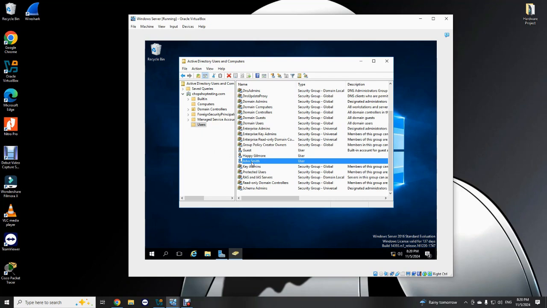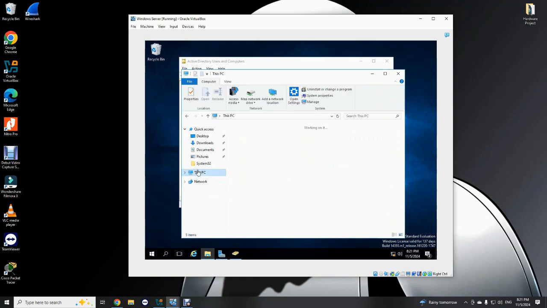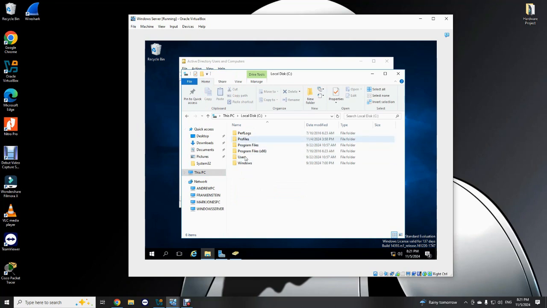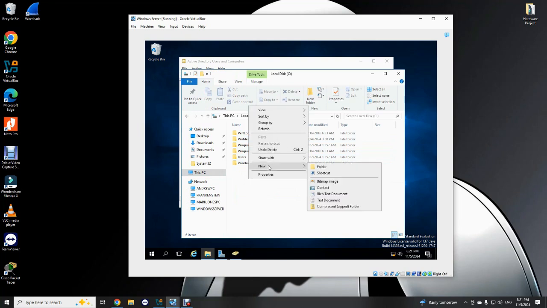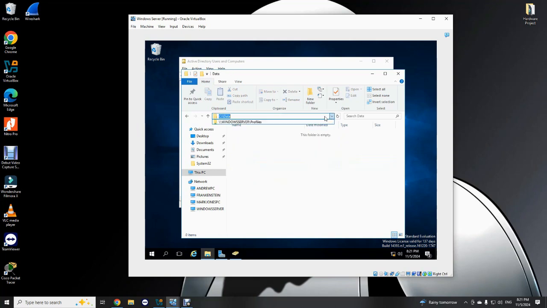So in order to do that, we're just gonna go into the C drive, and we're just gonna create a folder in C drive. Just name it data. So this is basically what we're doing. We're gonna create this folder so that we can have all the details for this information stored in this drive,